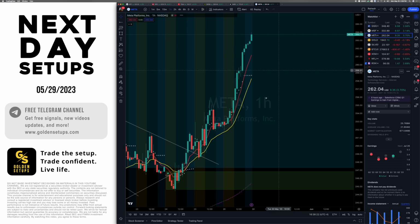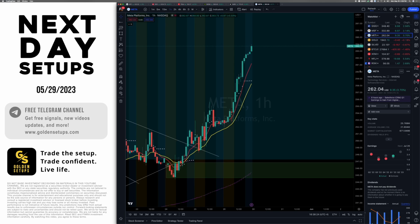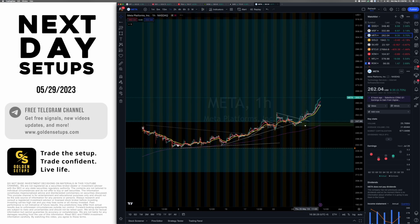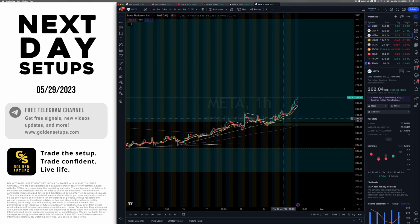Let's check out Meta. All right, how's Meta looking? I've been talking with you guys for weeks now about this gap that Meta's in. Beautiful swing. I'm not sure how clean the ride is going to be, but what a swing opportunity. If you want to take it to 50%, 75%, 80%, I think that's a great swing opportunity, but a good entry